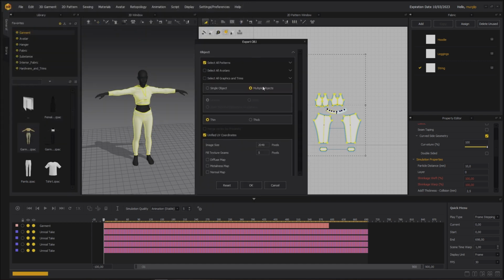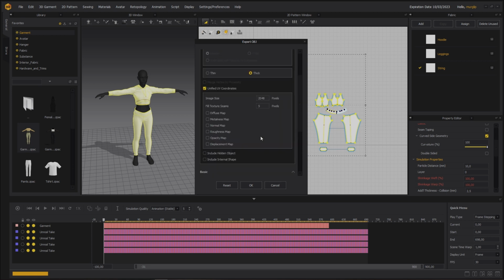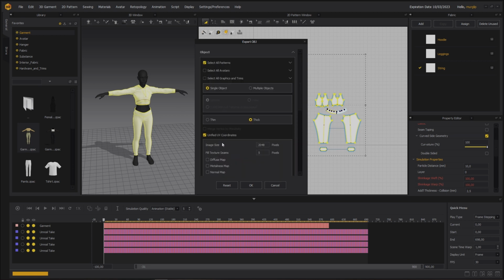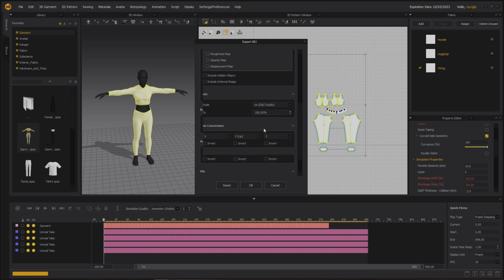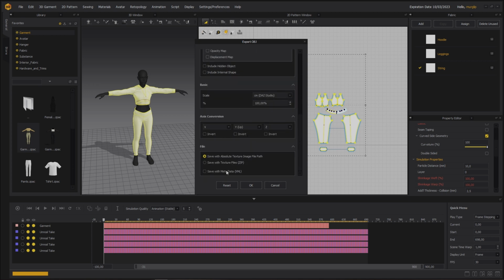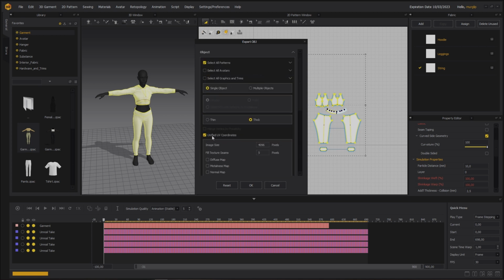Okay, in the export files, single object, and then I choose thick because that's how I'm going to export my cloth, and then unified coordinates, and then I'm going to use 4K. Centimeters again still, and then the rest, make sure unified coordinates, UV coordinates are selected.